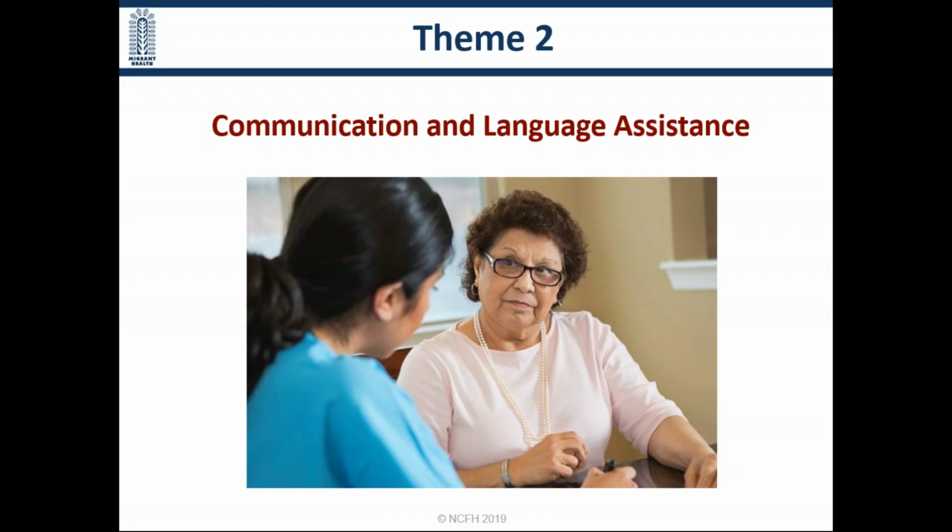And additionally, it helps organizations to comply with requirements such as Title VI of the Civil Rights Act of 1964 and the Americans with Disabilities Act and other federal, state, and local requirements that you might need to adhere to. So it's an important piece. So basically, it ensures that individuals with limited English proficiency or other communication issues have equitable access to health services. It helps so that individuals understand their care and understand the service options that they have, so that they can participate in decisions regarding their health and healthcare.